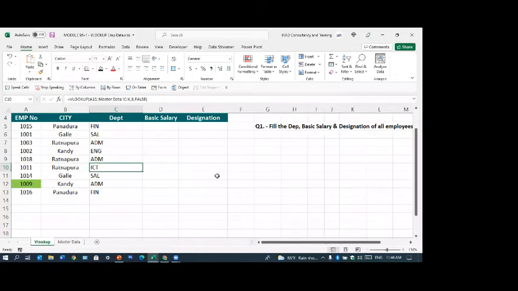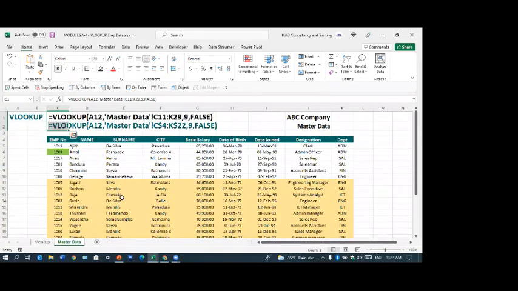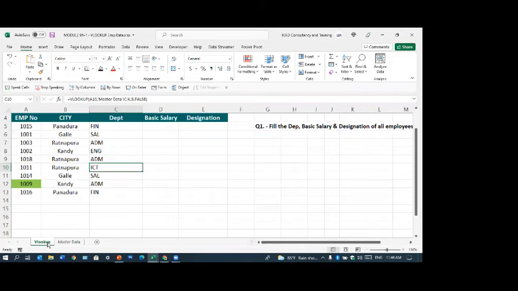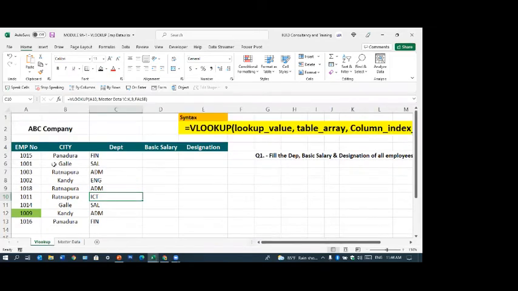Sometimes in practice, here I am taking from here and there: department, basic salary, designation. Look at this. I have the employee number, city. Let's say this is name. This may be useful for you.